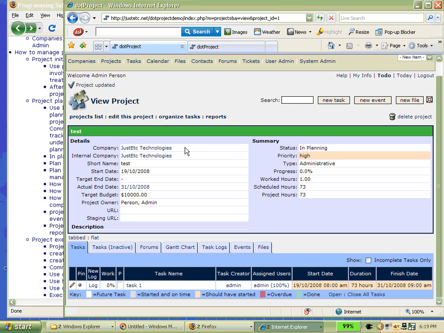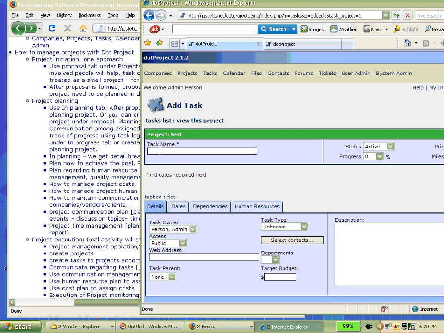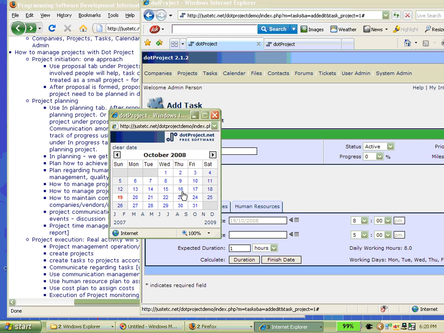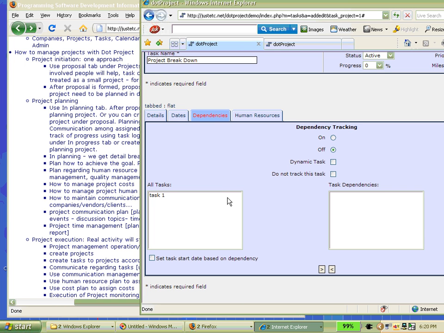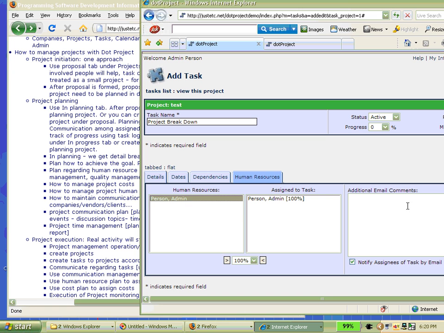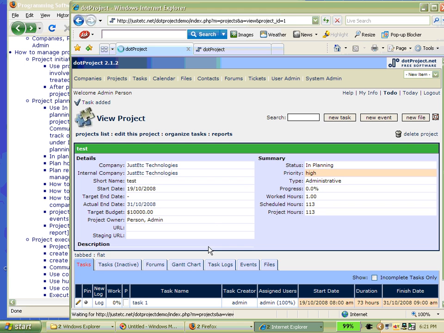So in planning you can create different tasks for different planning. Initially you can create a task, project breakdown, just to break down the project into smaller tasks or sub projects. I'm just giving arbitrary stuff. And if you want to assign some people who will be doing this, or if you want to do it by yourself, okay, I think it has the dependencies. If you have another or more people here, you can assign more people to them. So you'll be doing the project breakdown, and then you need to